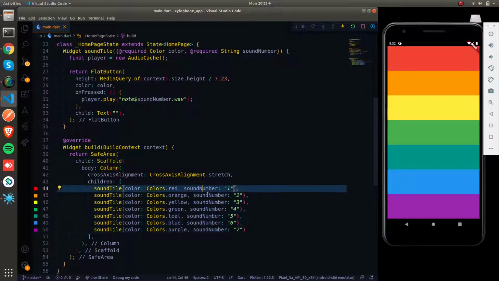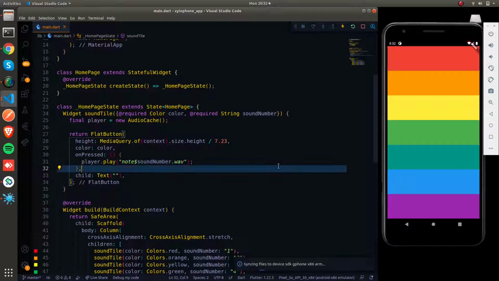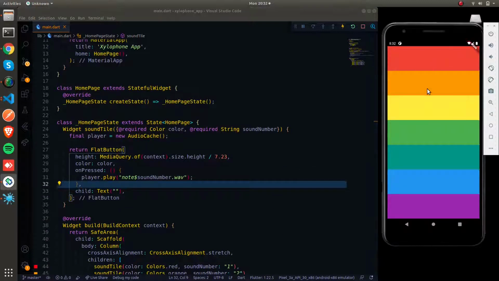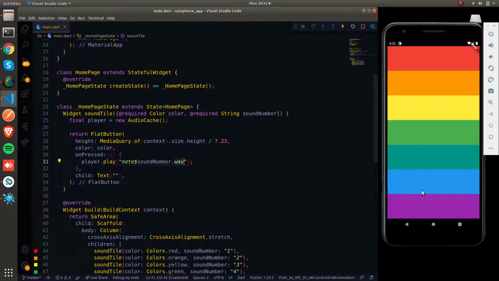I've passed this sound number as an argument to this function. So it plays different files for each button. So now let us test this. Yeah, as you can see, these buttons are playing different WAV files for each click. So yeah, we are getting the xylophone feel.